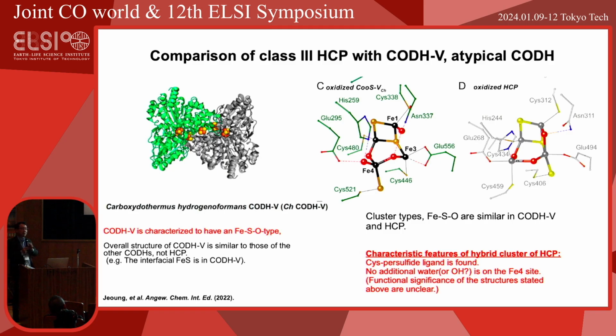The cysteine persulfide is a very unique, rare ligand in metal enzymes, and the properties of cysteine persulfide and normal cysteine thiolate are very, very different. At this moment, we don't know why cysteine persulfide exists only in HCP, but not in this protein. But when we intensively study the reaction mechanism of HCP, maybe the role of this moiety could be solved,